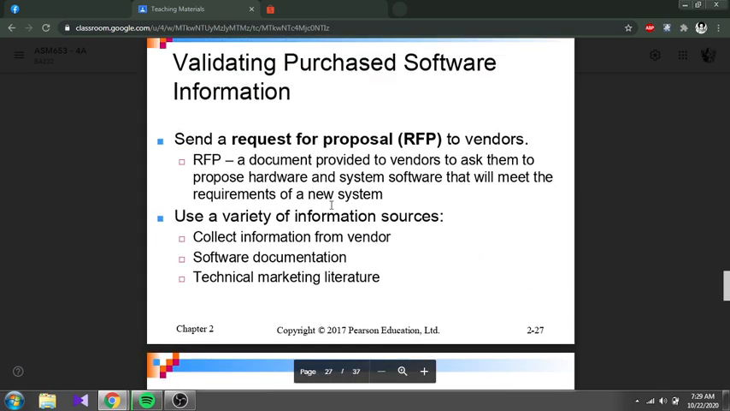Okay, validating purchased software information. Mostly ni soal macam project management lah. You buat RFP, request for proposal. Vendor ni akan bagi quotation. Use a variety of information sources. Collect information from vendor. Okay, yes, you can just access dia punya website, see what are the available software on the market, and then software documentation. Baca-baca sikit dia punya